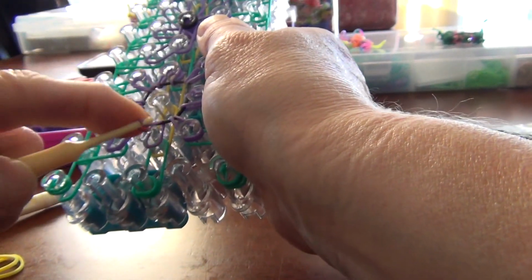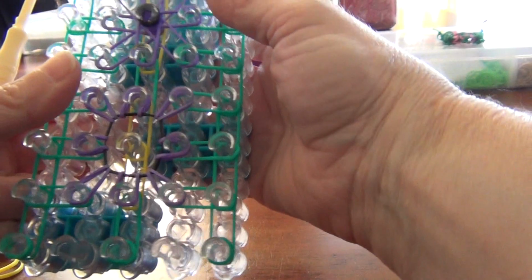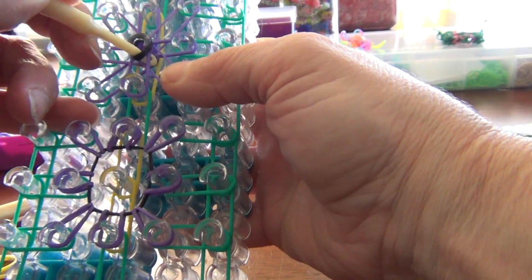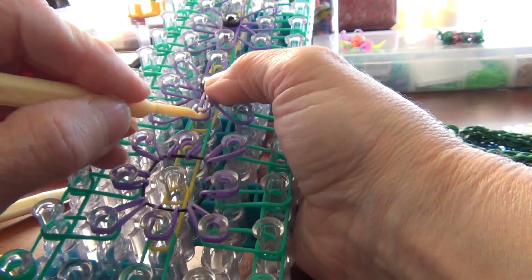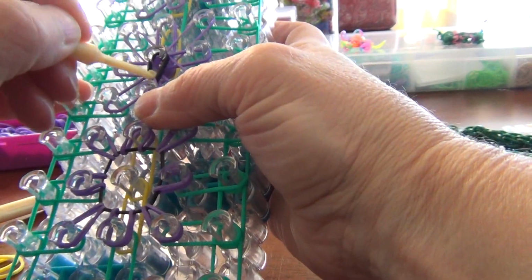Bring it up, put it here. Okay, the flower is completed. You have 8 petals. Now we'll go to the next one, and hopefully I won't have any problems with this. Work it around, bring it here, next one,